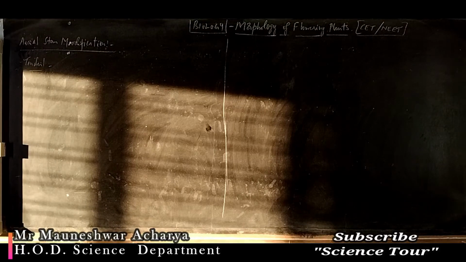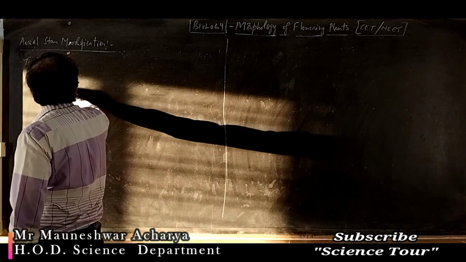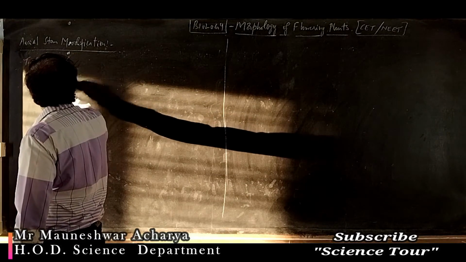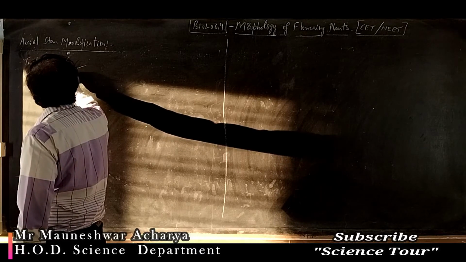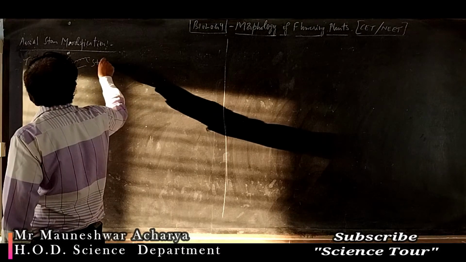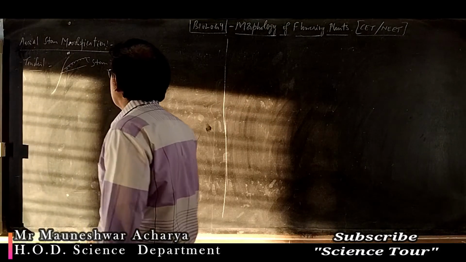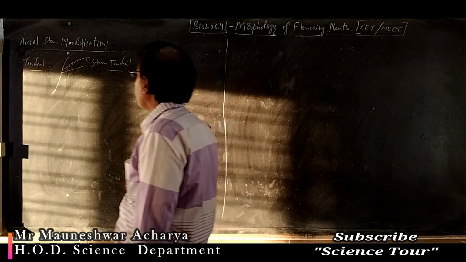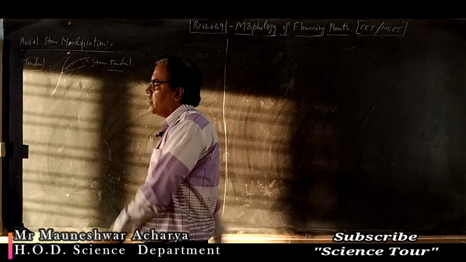Okay. So the stem tendrils which develop from the axillary bud are slender and spirally coiled and help the plant to climb. So if it is a weak stem, there is a node, and from there is one branch, and this is the axis from which the tendril will develop. It is called the stem tendril. So from the axillary bud, the stem tendril arises, it will twine around the support and it will grow.